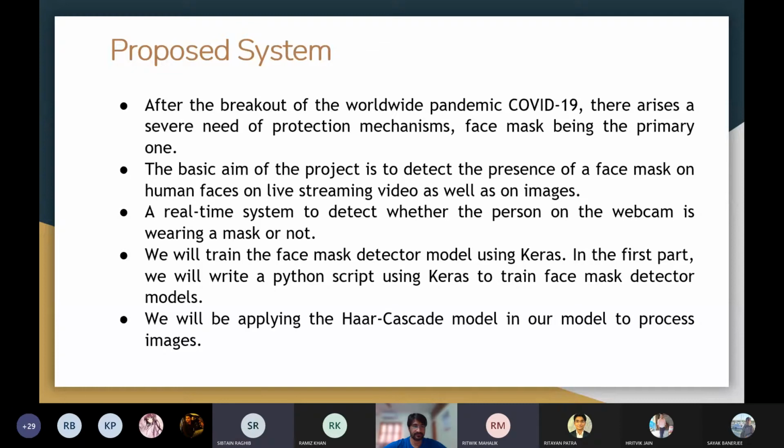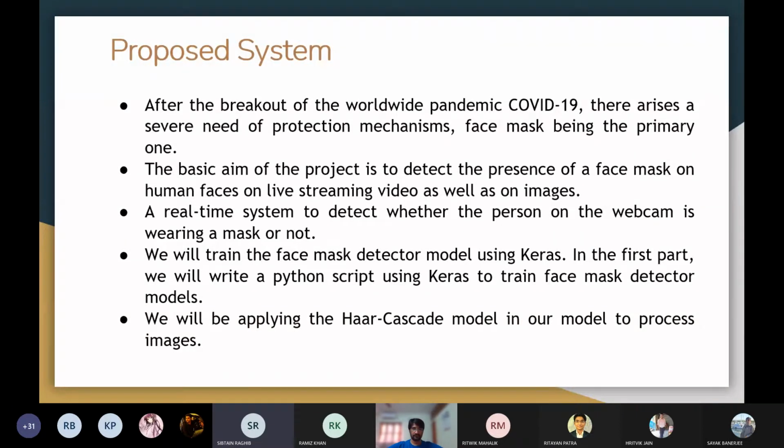Okay, sir. Should I begin, sir? Yes. So as we know, in this current hour we really need strict administration of people who are not following safety protocols. So our aim is to detect the presence of a face mask on human faces as well as on images. In this review we will train the face mask detector using Keras.